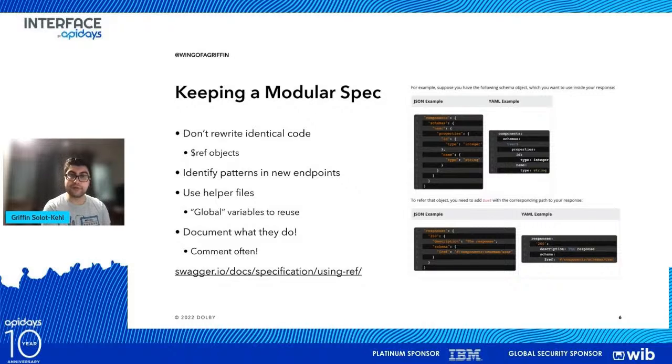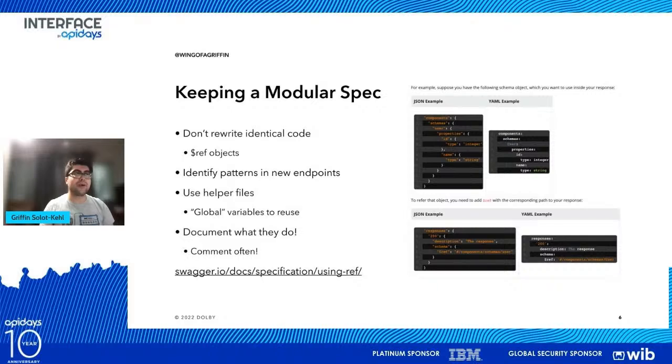block of code over and over and over again in a lot of different code files, that's inefficient. That's something that we already know; you can make that a helper function and call that multiple times instead of having to repeat the same block of code over and over again. You can do the same thing in an Open API specification, which is where the $ref objects come in, where the $ref objects allow you to point to other areas within your Open API specification, whether it is in the same file or in a helper file, so that you can reuse them throughout your code.